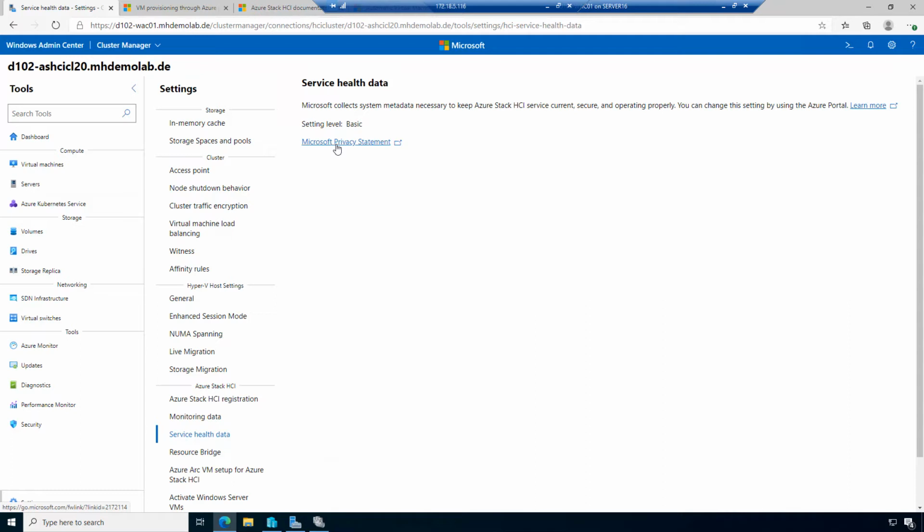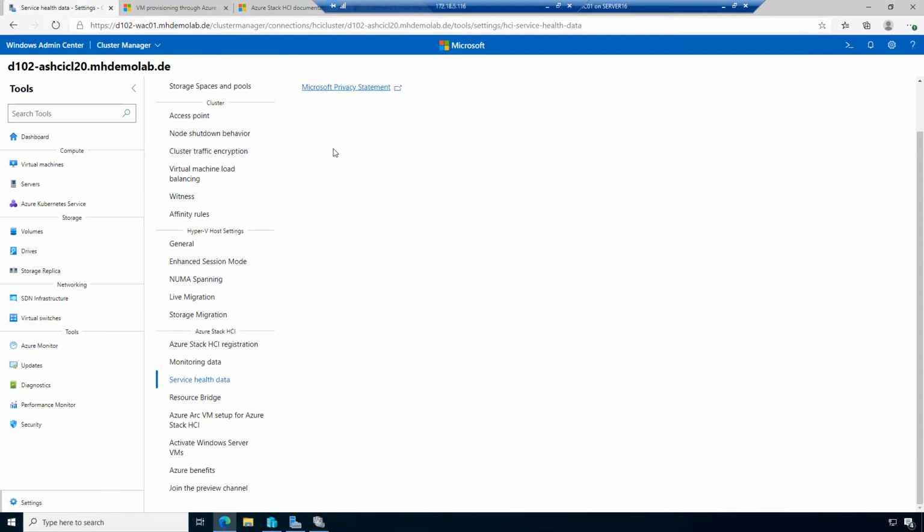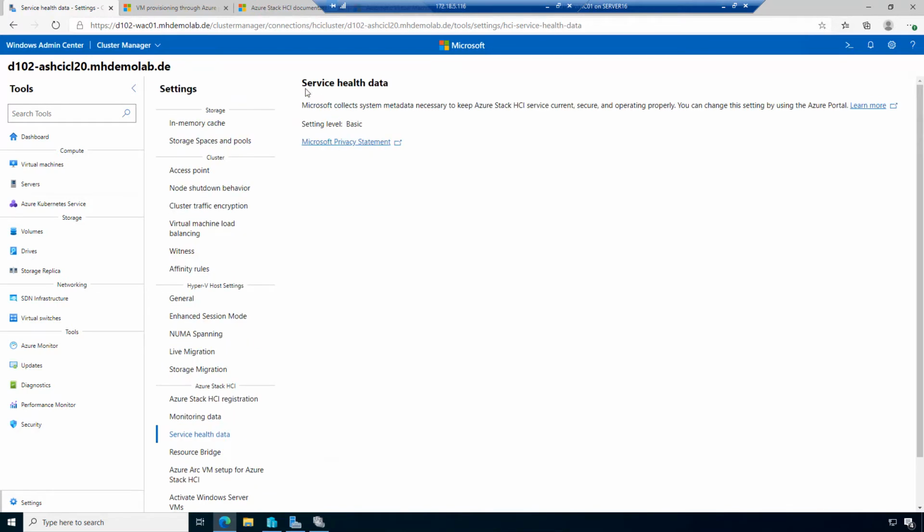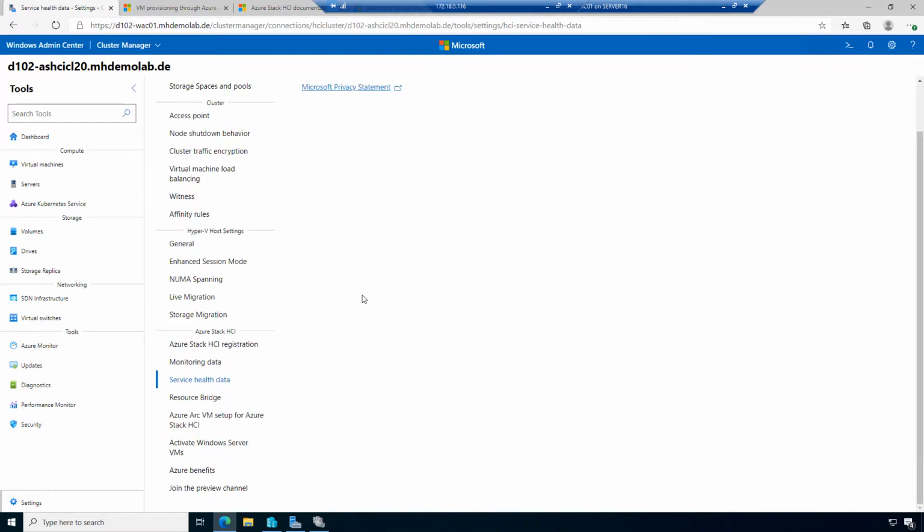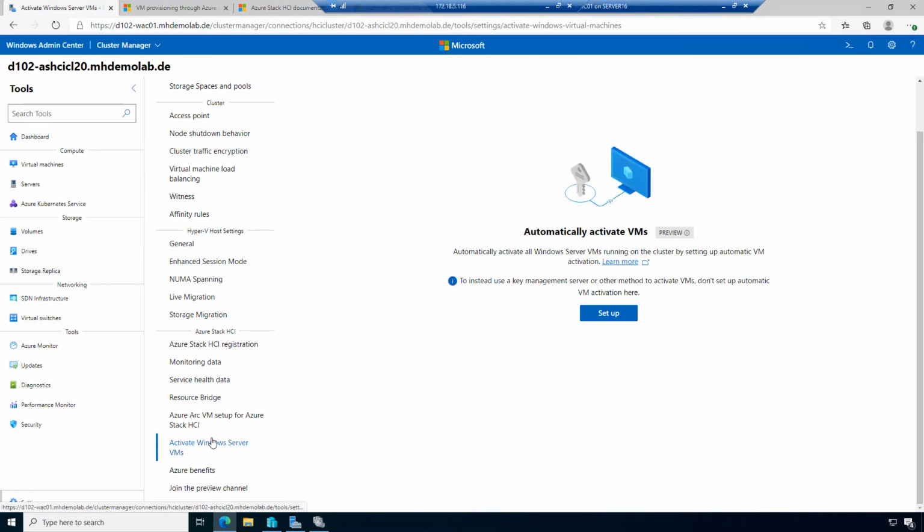It's also recommended to transfer this data to Azure to provide this service health data here. Let's go to activate Windows Server VMs, because this was about the benefit: pay as you go or provide your on-premises license. So in Azure Stack HCI, when we go to activate Windows Server VMs and we set this up,